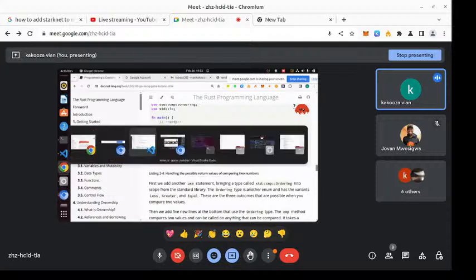I usually love typing it, but since I'm running out of time, it's better if I copy it. So in Rust we have this match. This is a lesson to come in the future, but a match is one of the things that helps you to compare